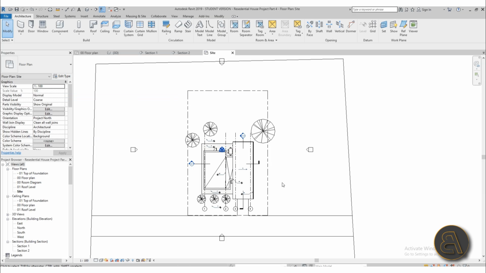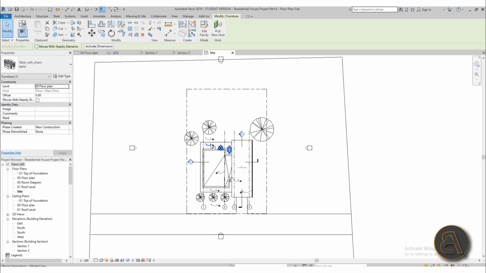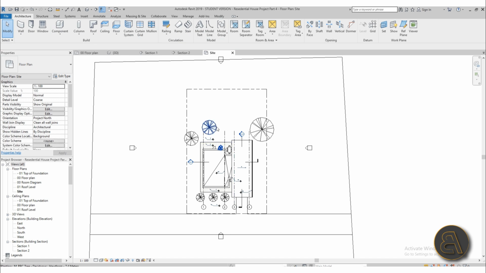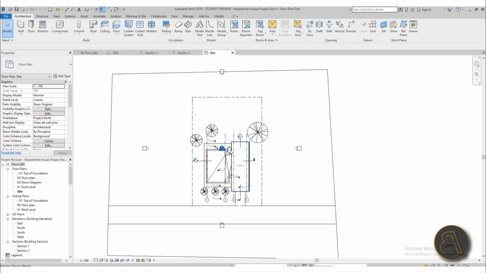One more thing without which any site plan is incomplete is, of course, the north arrow. Also, we need to talk about orienting our project in a correct way. Now, in this case, this site plan view is oriented in such a way that would suggest that the north is facing over here. So where our outside dining area is, this is where the north would be. Now, in some cases this might be true, but in most cases you would usually